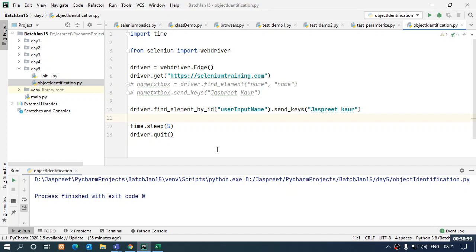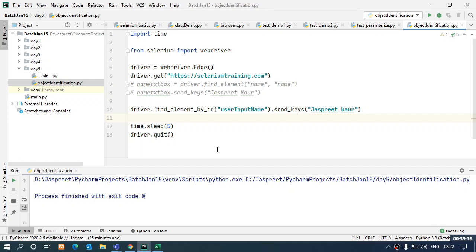Yeah, you can look for the ID attribute. If the element has an ID attribute, you can directly access it, because once an ID value has been assigned to some element, that same ID value will not be given to any other element on the page. That's the rule of designing pages. If ID is not there, you can look for name. Name is also the same thing as ID. And if both these optional attributes are not used, then you can turn to the XPath or CSS selector.